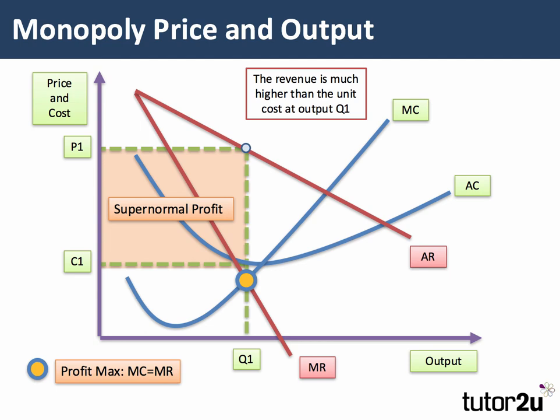But this is not the case in monopoly, because the monopolist, the firm with market power, may be able to take advantage of barriers to entry. Now, these barriers prevent entrants from threatening the profits of the incumbent or the existing firm. So we're going to be looking in this short topic video at some examples of barriers to entry in different